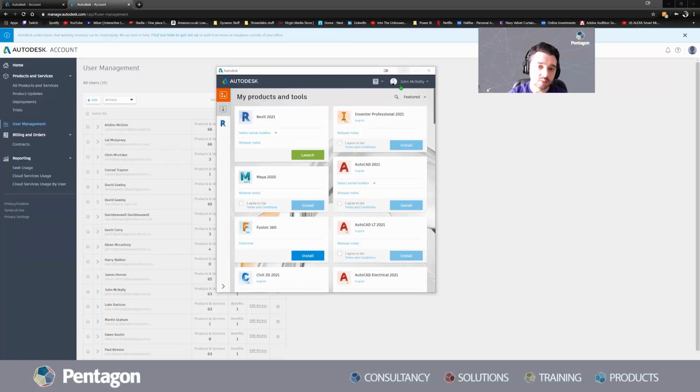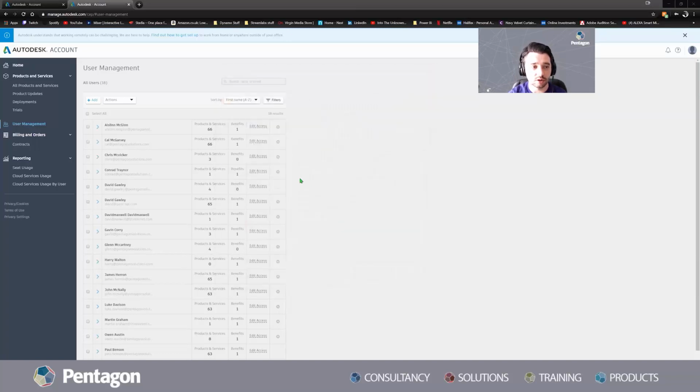As long as you're still signed in up here, they will still be able to ping a license for that software. It'll still work straight away. And that's all there is to it for the classic user management. Again, the same idea works if you want to take software off people. If I open up my own here,